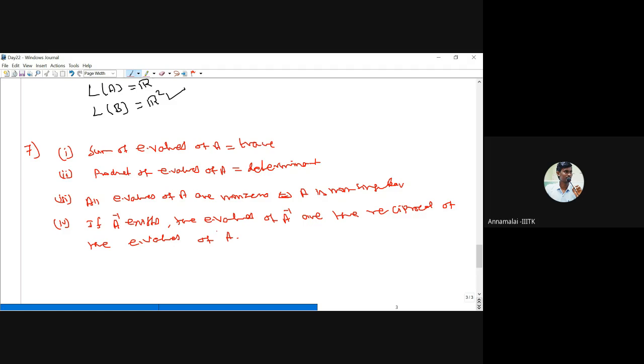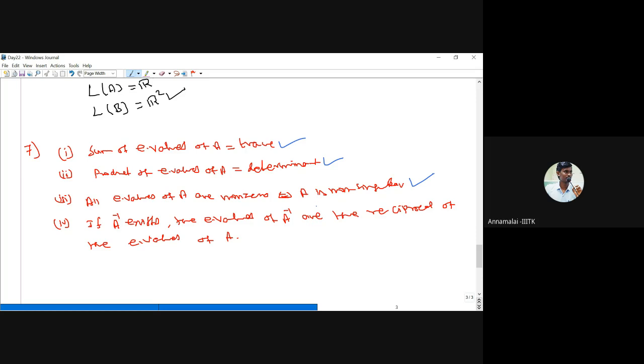Then which among the following is correct with respect to the above expressions? Clearly, everything is true. The first is true because the sum of the eigenvalues is the trace of the matrix. The product of the eigenvalues is the determinant of the matrix. If all the eigenvalues are non-zero, then the determinant is non-zero. Therefore, A is non-singular, or invertible.